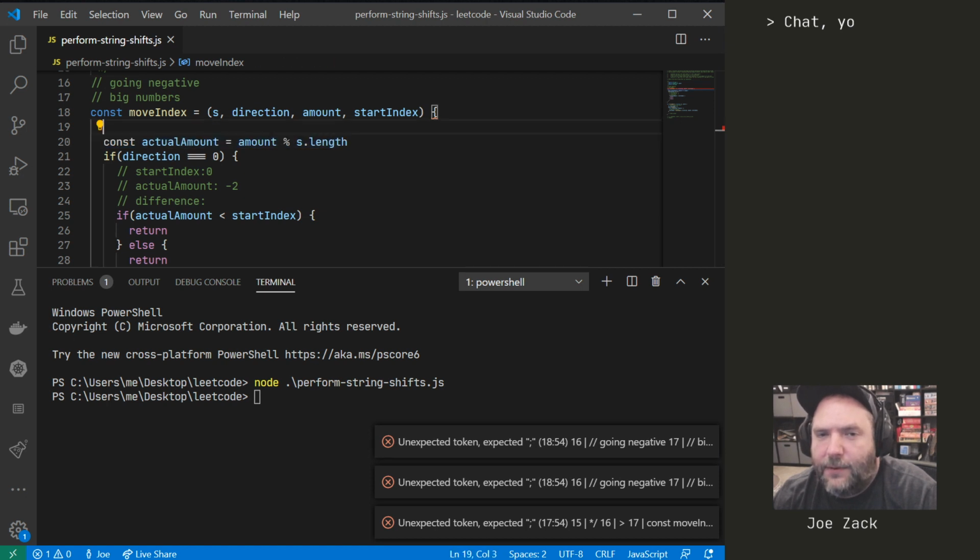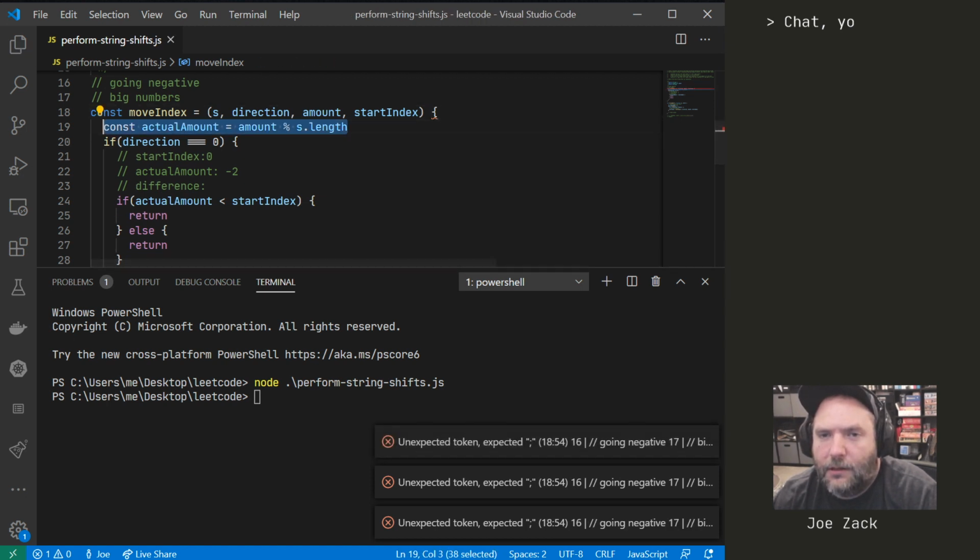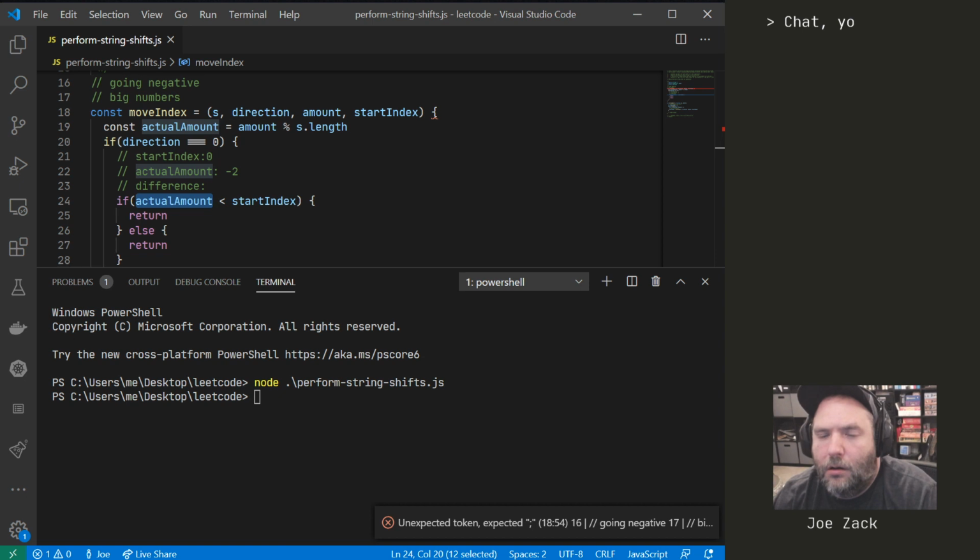So this accounts for our big numbers. It'll take a number like 16, get us down to 4, or rather, down to 0, say if the direction is 0. Now here's the trick. If the actual amount that we need to move is greater than our start index,